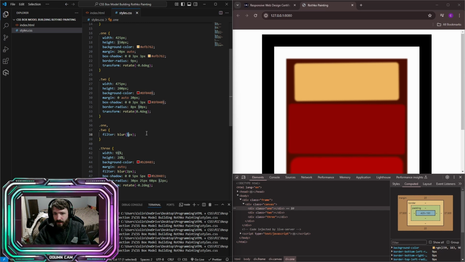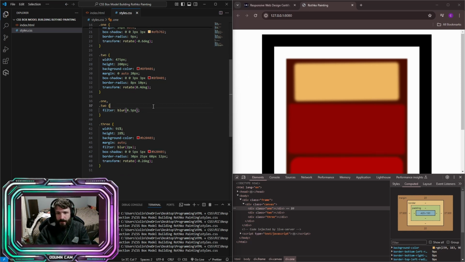Which, I mean, it actually did look a little bit better, didn't it? Let's go 5. Blurred it out a little bit more, makes it maybe... yeah, I actually like that a little bit better. And then